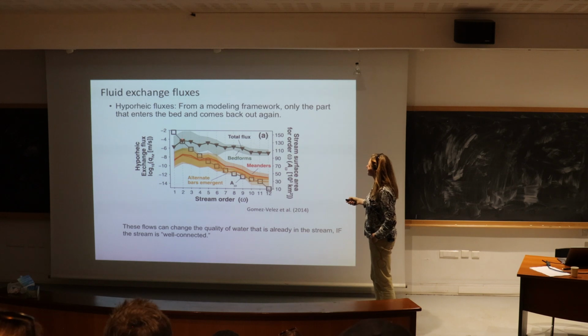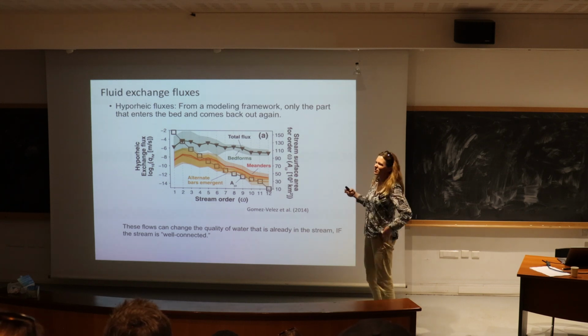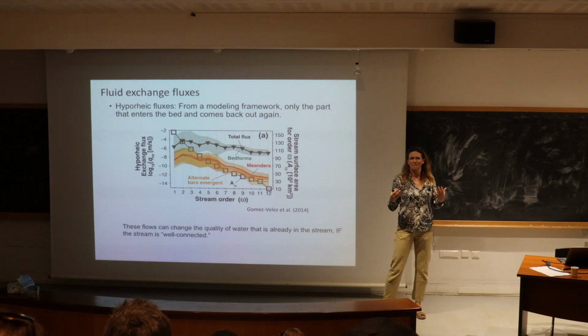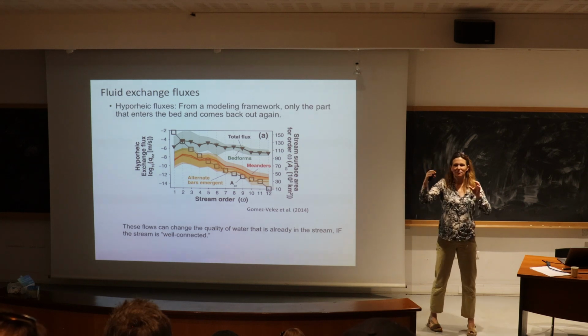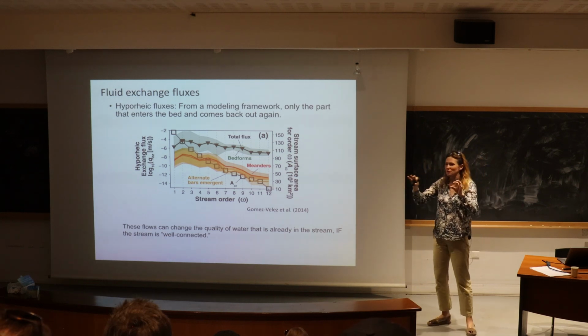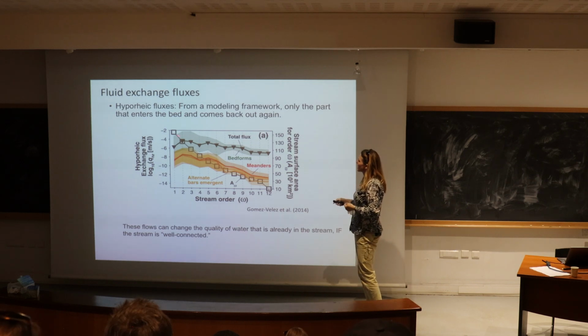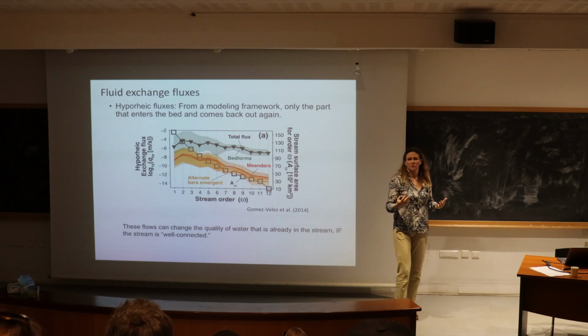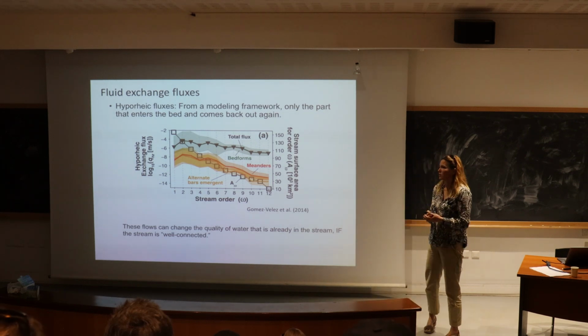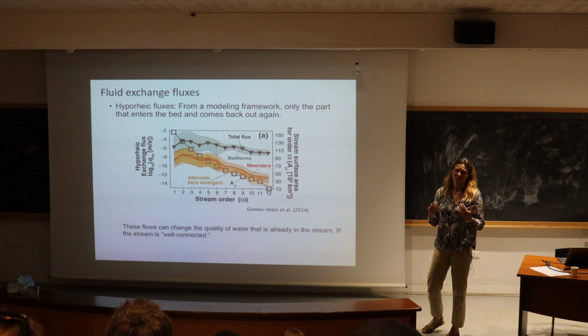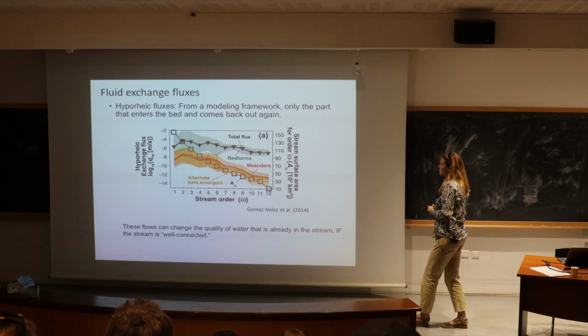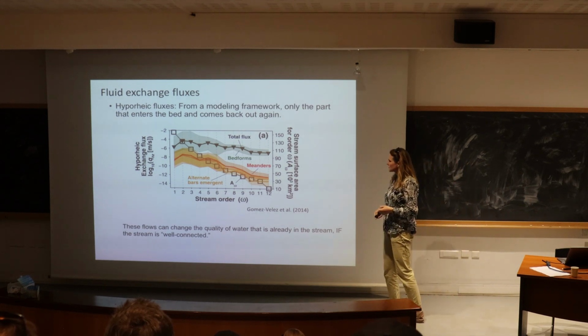Right? So as we go from high stream order with a rocky, more permeable stream bed and a lot of interaction of those shallow flows with a rough stream bed, a lot of bed form current interactions, we're going to have high fluxes. Notice the log scale here. And as we go to bigger rivers, we would expect lower exchange in part because of the changes in sediment texture and permeability of the stream bed.